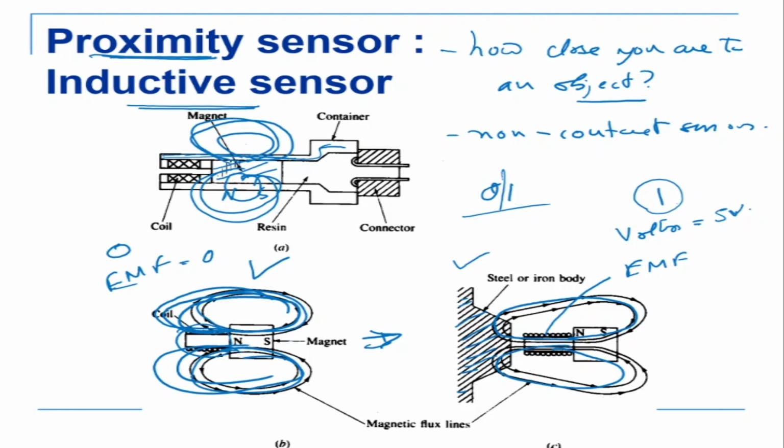Now the advantage of this is that the working is very simple, there are no moving parts. But the disadvantage is that because it works on the magnetic lines of force, the object has to be steel or iron. It has to be ferromagnetic. Otherwise, the magnetic lines of force will not be induced and the sensor will not work. So this will not work for plastic and wood and things like that. But in the industry, as you know, a lot of the parts are made up of iron or steel. And hence, this is a very good application. This sensor can be applied in industrial applications.